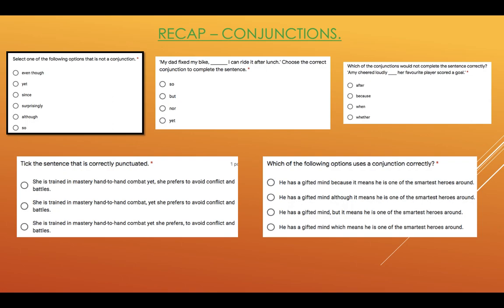Number 3, which of the conjunctions would not complete the sentence correctly? It is number 4. If you put each word in the sentence, you probably found it makes sense. If you put whether in the sentence, it doesn't make sense. Number 4, tick the sentence that is correctly punctuated. So did you choose number 2? She is trained in mastery hand-to-hand combat, comma, yet, so we have a conjunction, she prefers to avoid conflict and